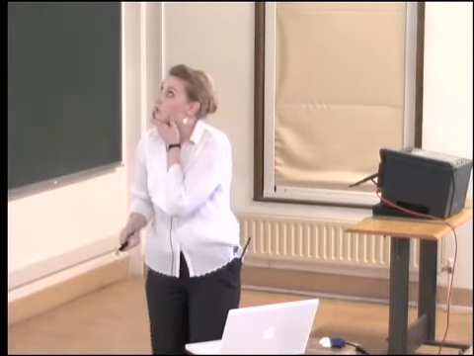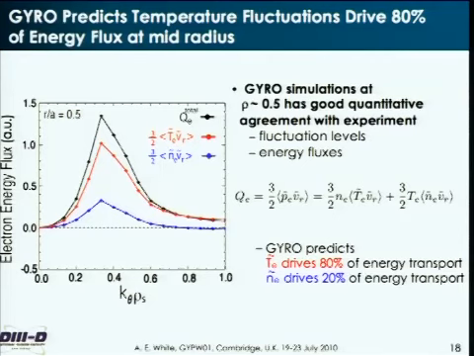And so one of the interesting things here from this simulation that is working well, we find that GYRO predicts that temperature fluctuations are driving the majority of the heat flux at mid-radius in this ITG L-mode plasma. So shown here is the predicted electron energy flux plotted versus k_theta rho_s. The total is in black, the contribution from electron temperature fluctuations in red, and the contribution from density fluctuations in